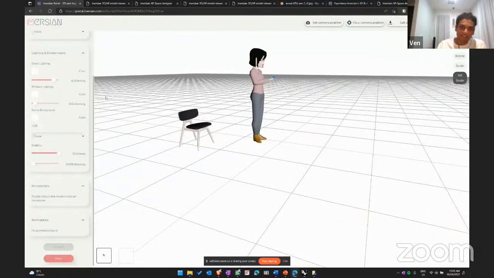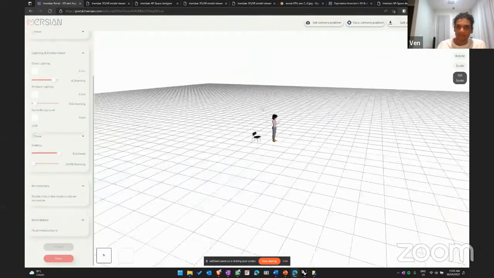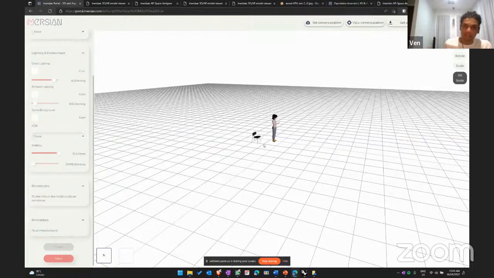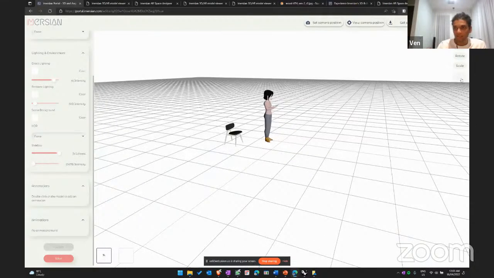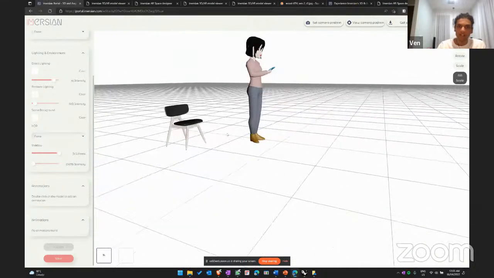It is quite useful to have, especially since I've had instances where I exported models that were in meters as units, and by mistake they're like 100 meters big. So you can just click on the AR scale to make sure that your object is at the right scale before